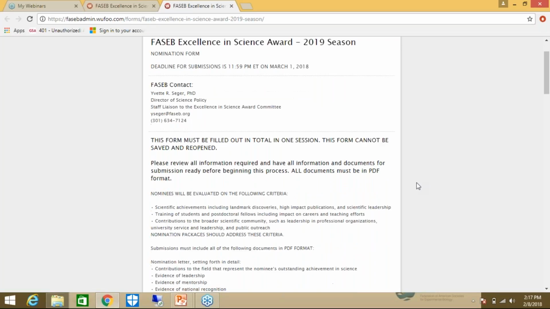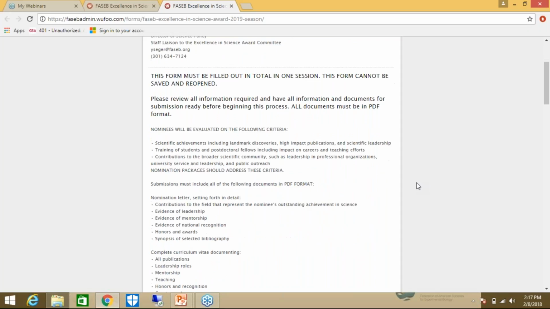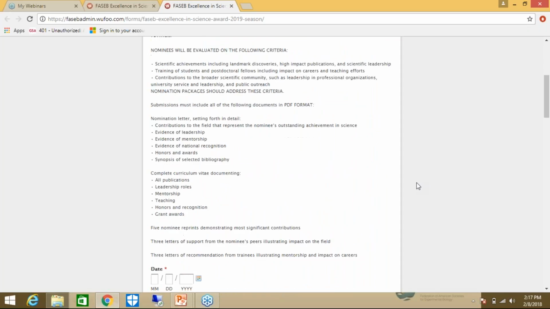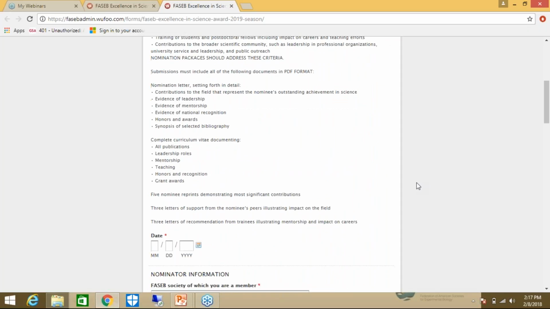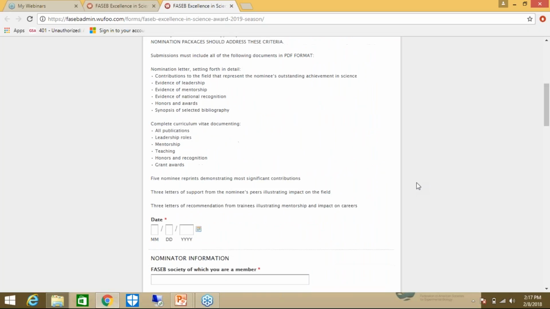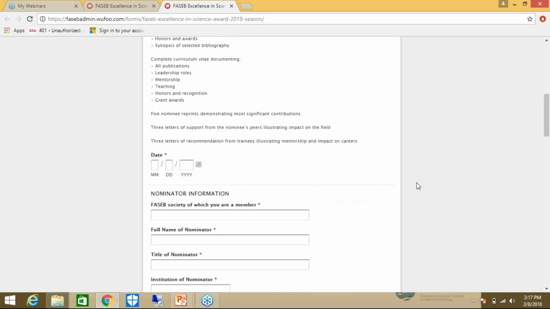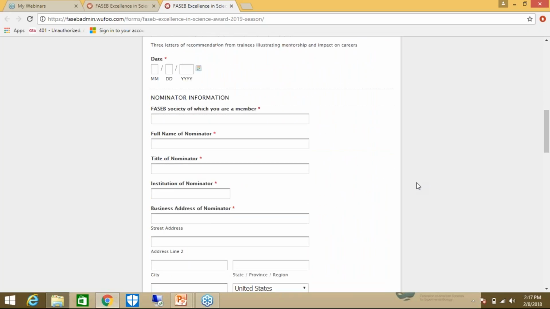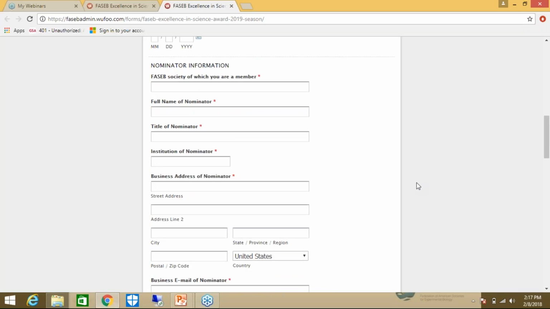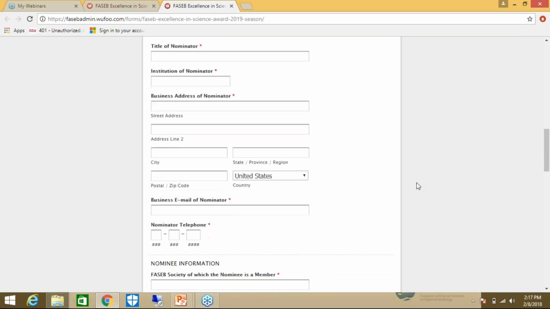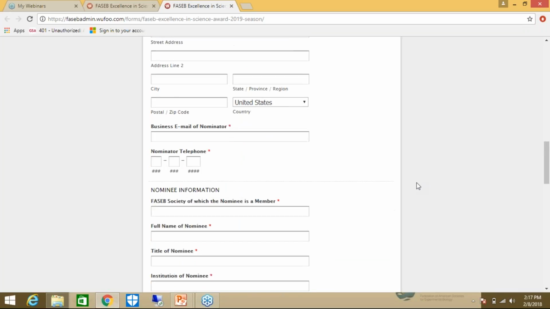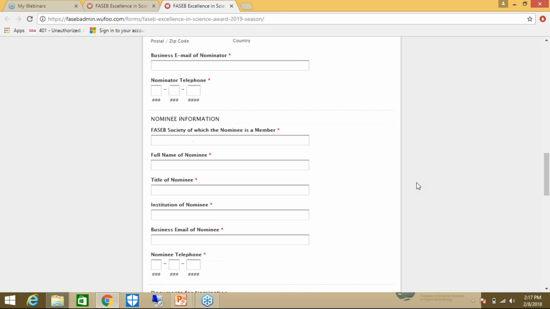We'll scroll down, just reminders of some of the things that I've already reviewed about the nomination package. And then you get into the web form. So the date, details about the nominator, details about the nominee. But this is just what the form looks like, and we'll describe the form in a little more detail in future slides.